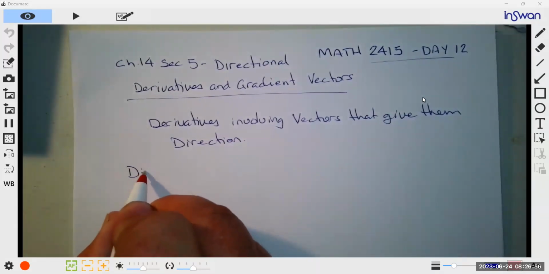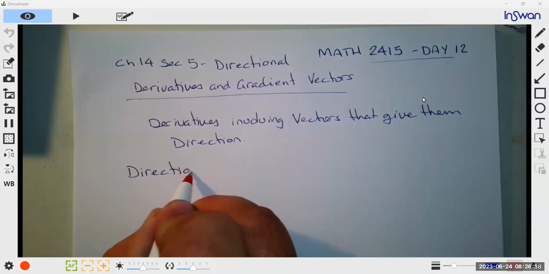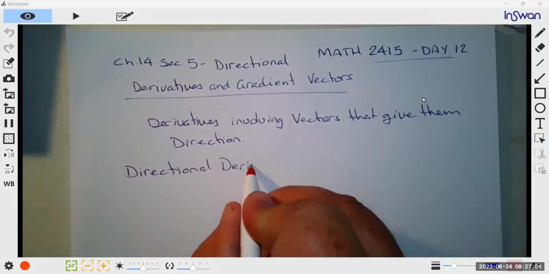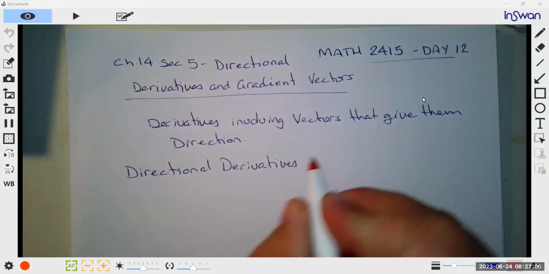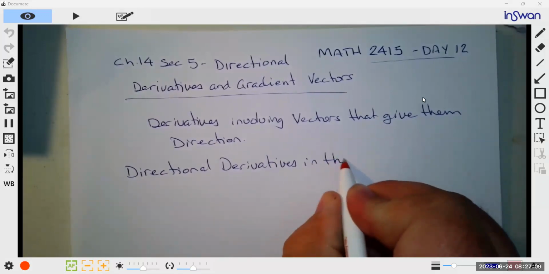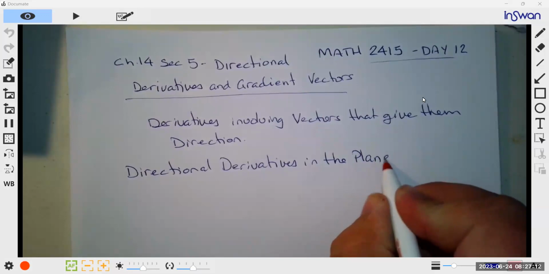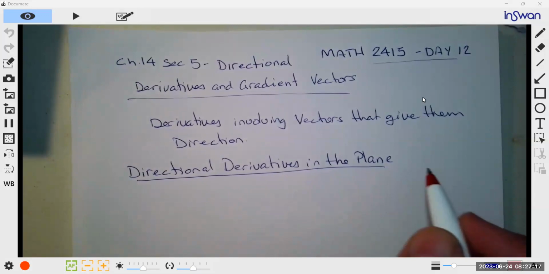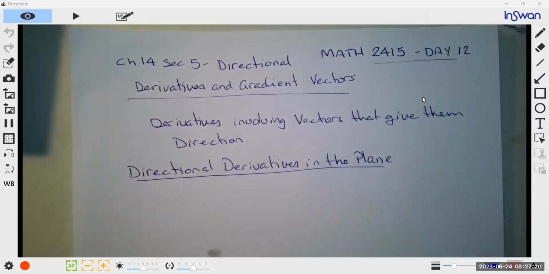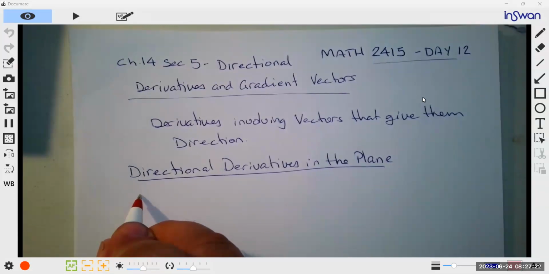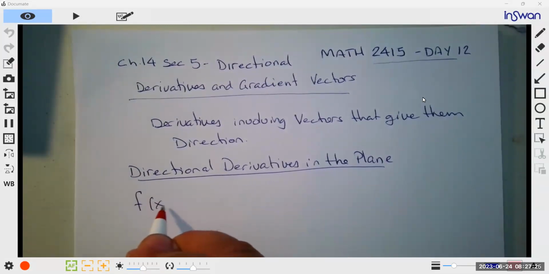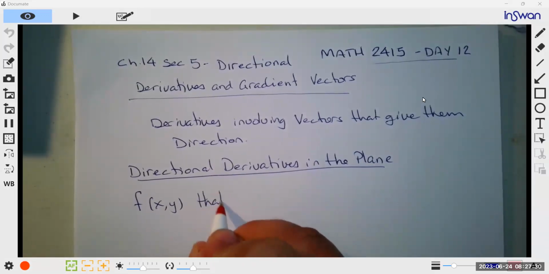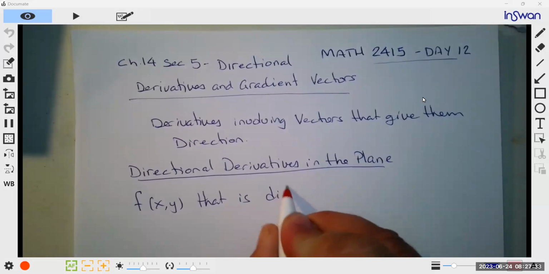First section, directional derivatives in the plane. So let's talk about this now. Let's say we have a function f of x that is differentiable